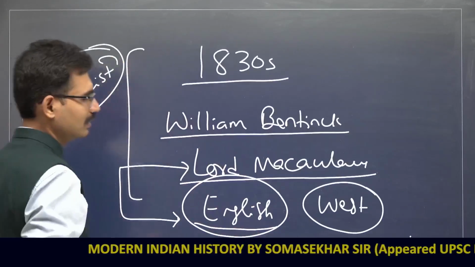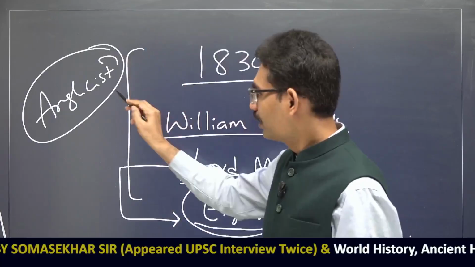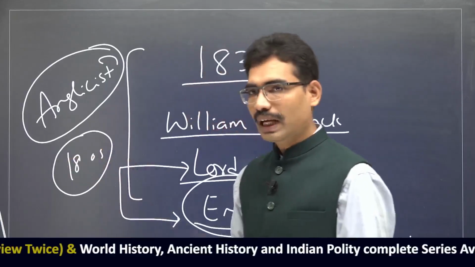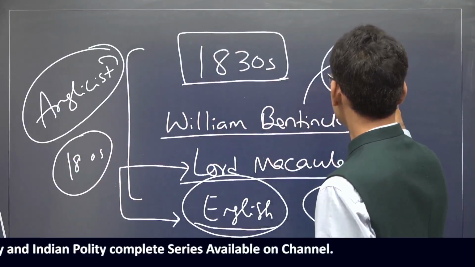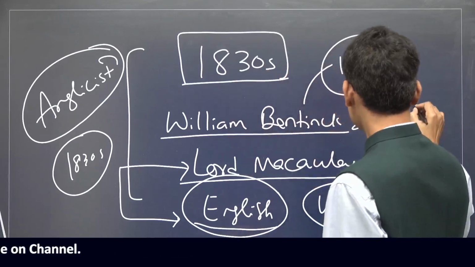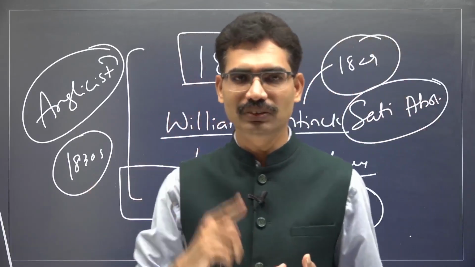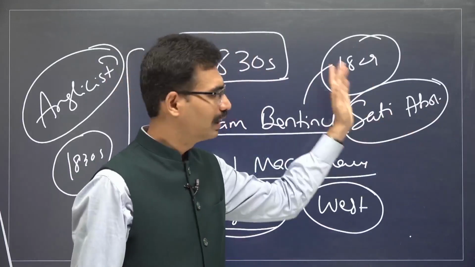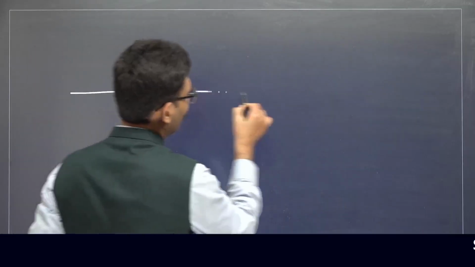Because by this time period, the Western ideas, Western values were becoming stronger and stronger. Christian missionaries were very active by the 1830s. And because of this kind of policies only, William Bentinck in 1829 abolished sati also. Why did he abolish it? It is in principle with Western values. That means sati is a cruel practice that is not up to the modern standard, that is a medieval ancient mindset. It should go. Now, this is the atmosphere in which Raja Ram Mohan Rai was growing.